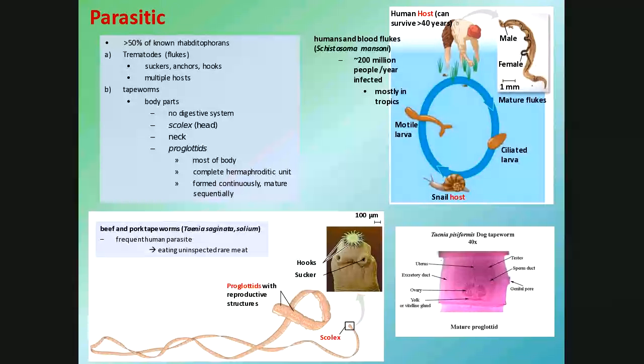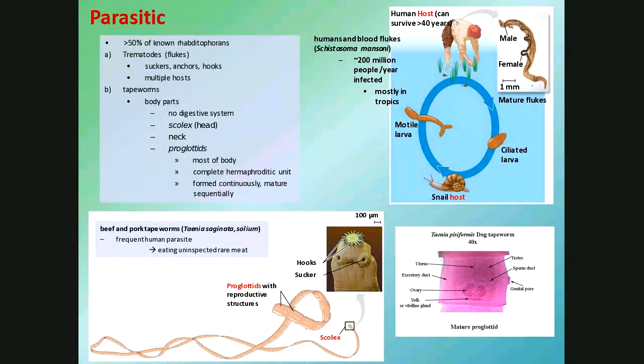Blood flukes are common among folks who live in areas of the world, very often in Asia, that tend rice paddies. If you know anything about the way rice is grown in a flooded field, cuts or nicks or openings in the skin of the workers out there in the rice paddies mean the larval form you see there can actually infect through the opening. They then move in through the bloodstream and actually reproduce. There's the male and the female, the mature flukes inside of the human host, producing these ciliated larvae.